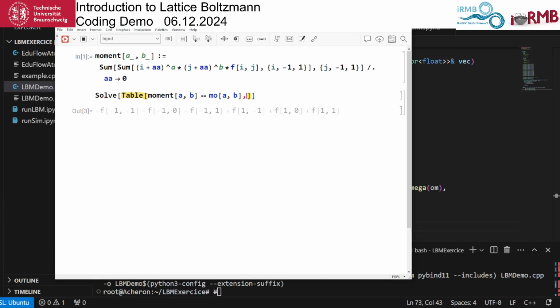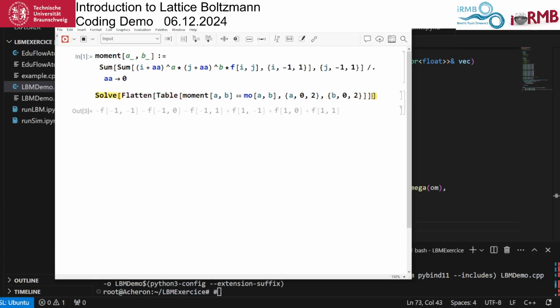And we build this table over A, so A is going from 0 to 2, and B is going from 0 to 2 as well. Because this is two-dimensional, this will give us a list in a list, which is not good for the solving function. So I have to flatten this in order to get